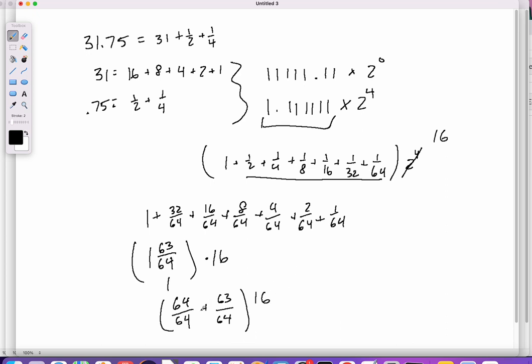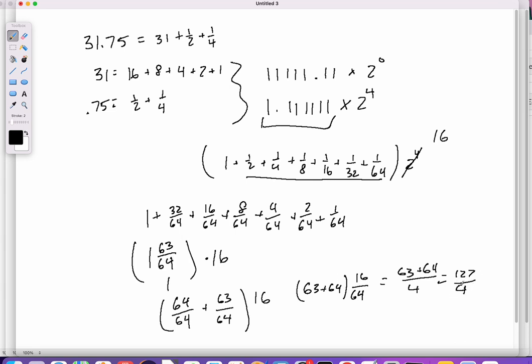So what I can do is first of all, that's going to be 63 plus 64, and over here I get 16 over 64. This is just 1/4, so this is equal to 63 plus 64 over 4, which is equal to 127 over